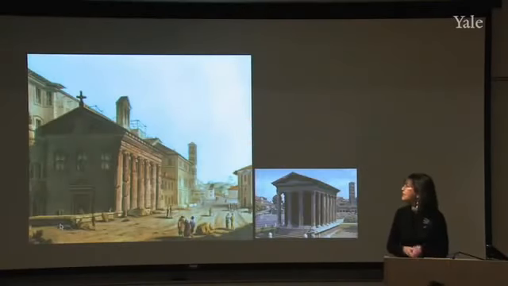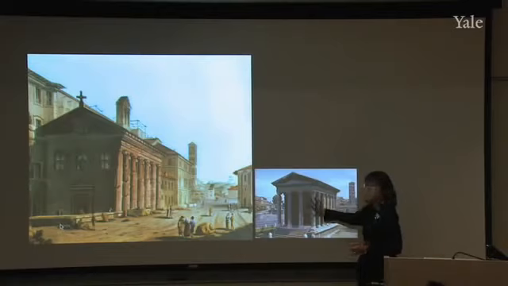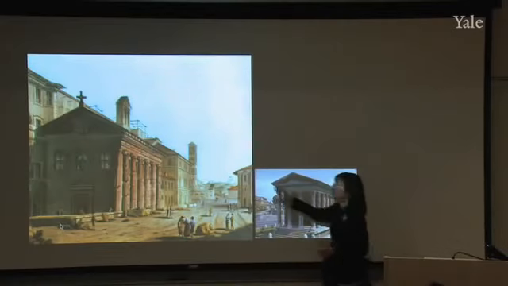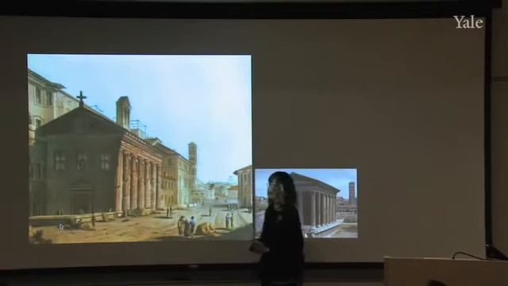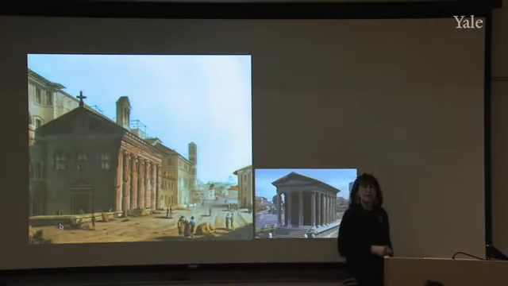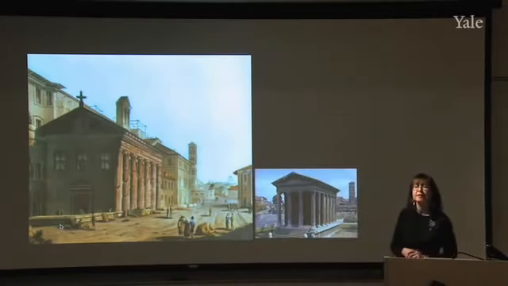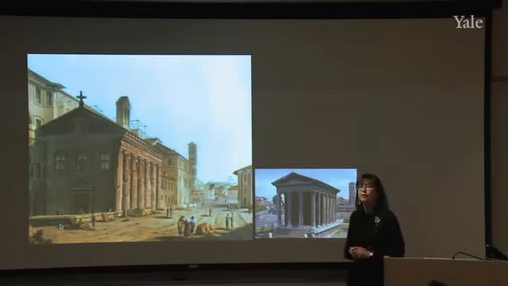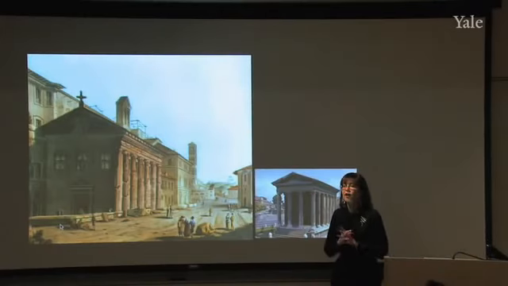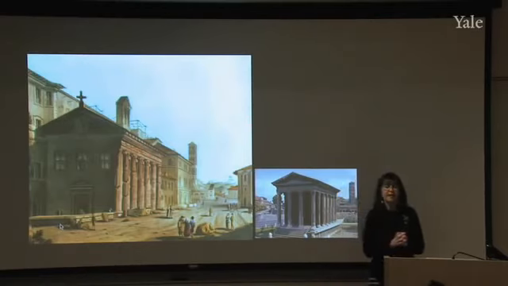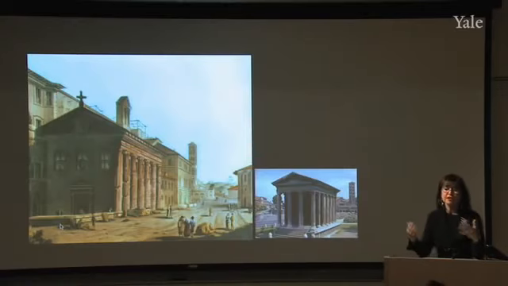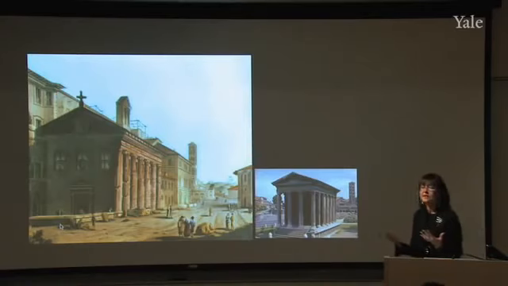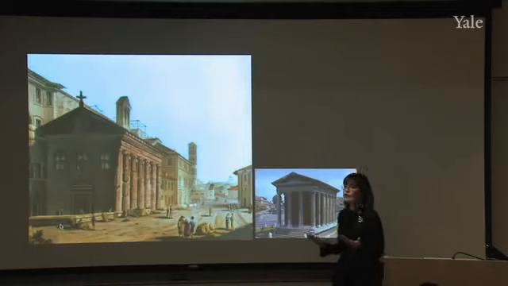I also think it's interesting to look, here's a view again of the Temple of Portunus as it looks today. This is a 19th century painting of the Temple of Portunus as it looked at the time it was done by that artist. And what you see is something that I have already alluded to, but which is extremely important for the preservation of buildings like this, and that is that this building, the Temple of Portunus, like so many in Rome, was reused in later times and transformed into something else,